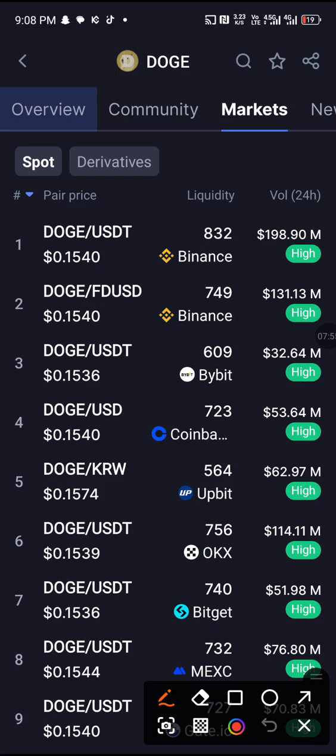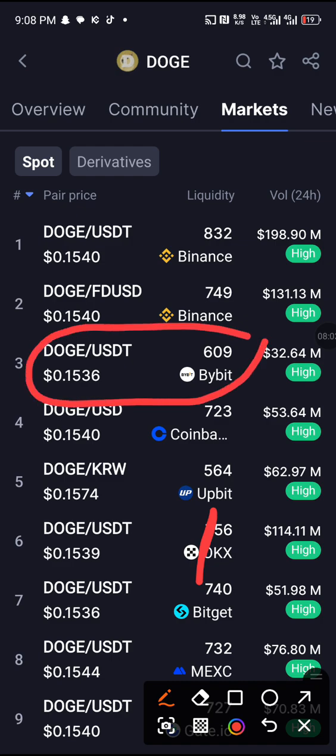So what we just need to do now is to quickly go to where we're going to buy it from. We have agreed to buy it from Bybit. But all you need to do to make a reasonable profit is to have a rational capital, like a huge capital, because doing this with a small capital is not going to actually pay you. So let's quickly dive into Bybit and see how it works over there.